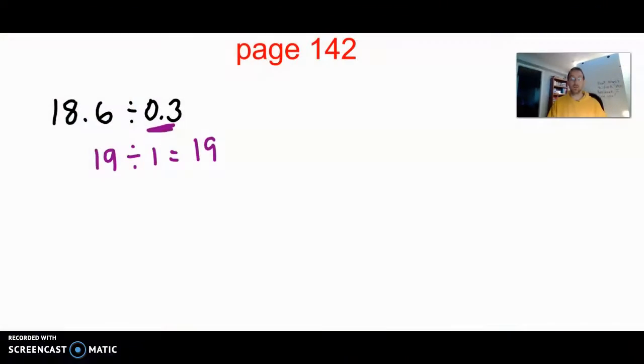I want us to really think that with decimals, it's a little bit different. Okay? So I don't want you just to take that divisor and say, oh, it's going to be close to 1. Okay? Because when you find out the exact answer here, it's going to be a little bit different. Okay? So what we really want to do for our estimating is actually start setting up the problem first. Let's